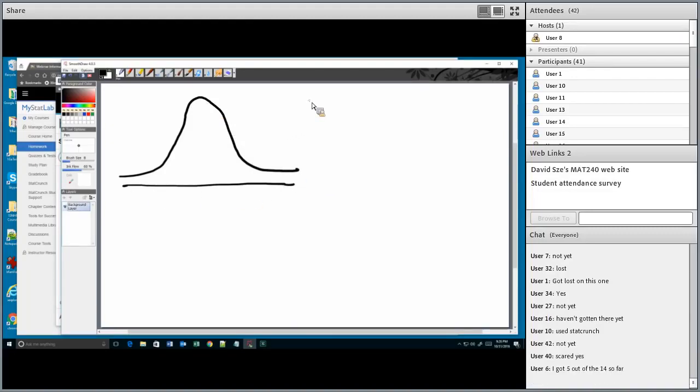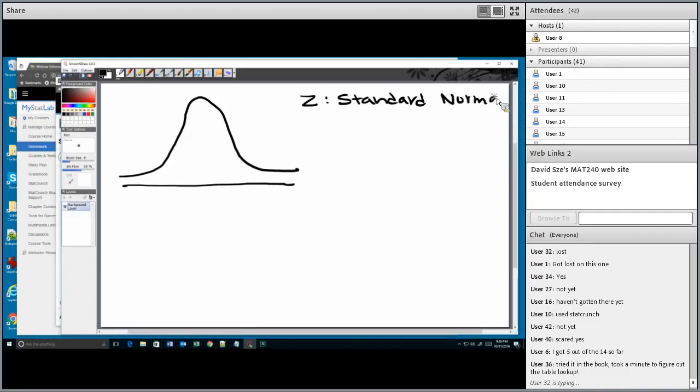Okay, so Z is called the standard normal distribution. This is something you have to remember. The name of this distribution is standard normal distribution, and Z is just a letter to represent that we're talking about the standard normal distribution. So your question to me should not be why do we have the Z here, because now you know Z just represents a standard normal distribution.